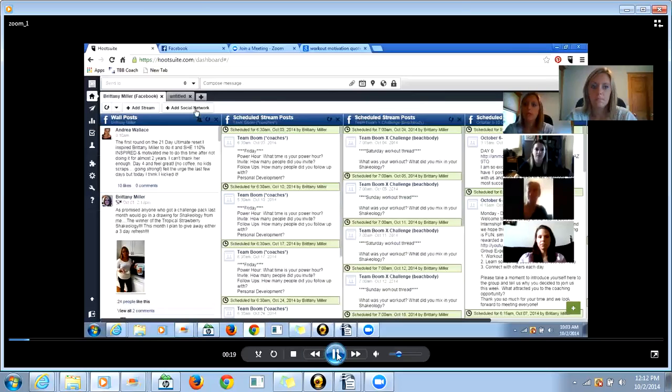Know how to get to it then. Okay, so within Hootsuite, what Hootsuite allows you to do is schedule your posts to go out. You can post on your wall or you can post in different groups. It only allows you to have 4 groups unless you actually purchase Hootsuite.